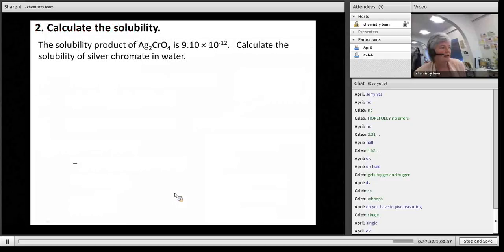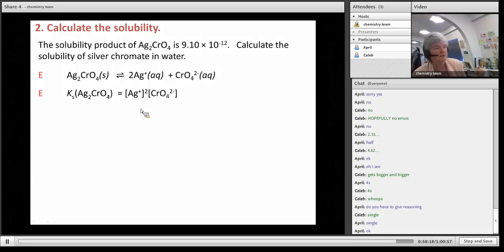Okay, now here it's the other way around. And I see we're on 4. I'll just go through this quickly so you can see the contrast. I've given you the solubility product. Notice there's no unit, and also notice it's a very small number. Calculate the solubility. So we're now going the opposite way. But you do the same thing,